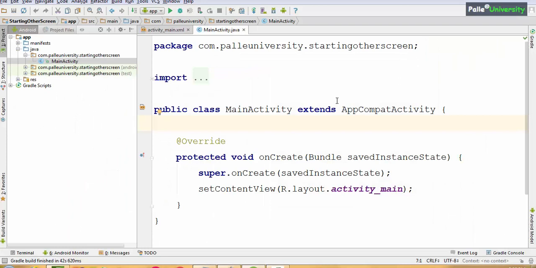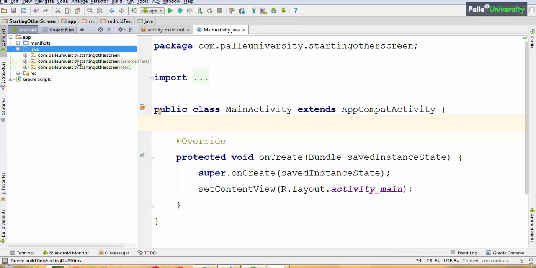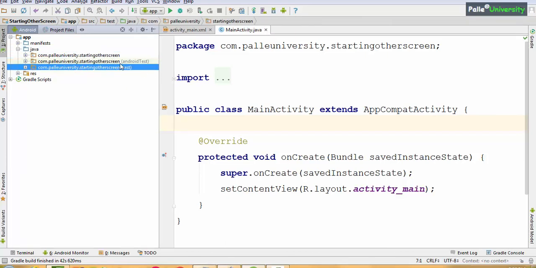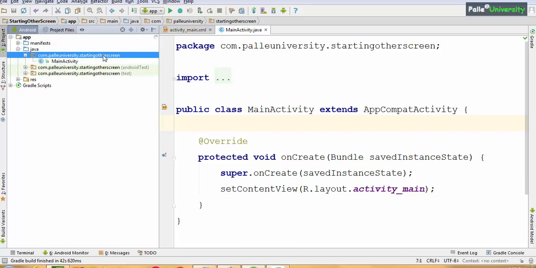Now I will show you how to create another activity using Studio. You have to go to your package name. Can you tell me where is package? Under Java folder, you can observe there are 3 packages. Go to first package. Don't go to test packages. This is test and this is Android test. Let us not worry too much about these 2 packages. Go to first package. You can observe already one main activity is there, that is first screen.